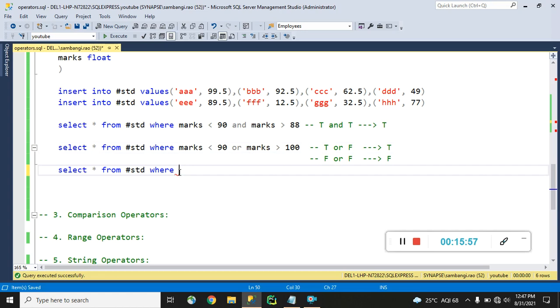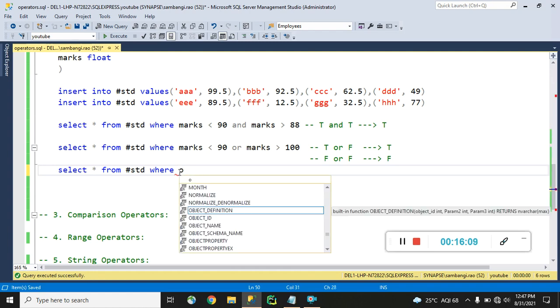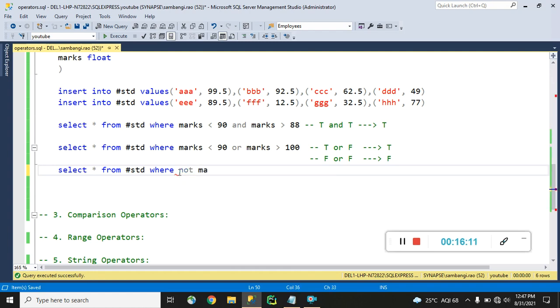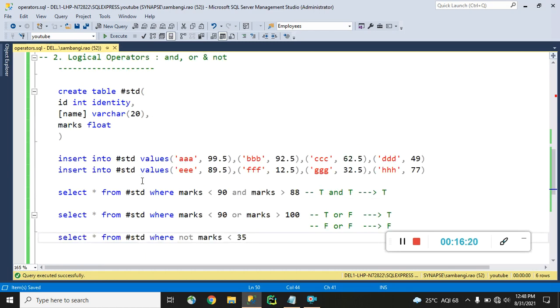But when it comes to the NOT operator, we don't need two conditions minimum. Actually, we can apply a single condition also to this NOT operator, like where not marks 35.